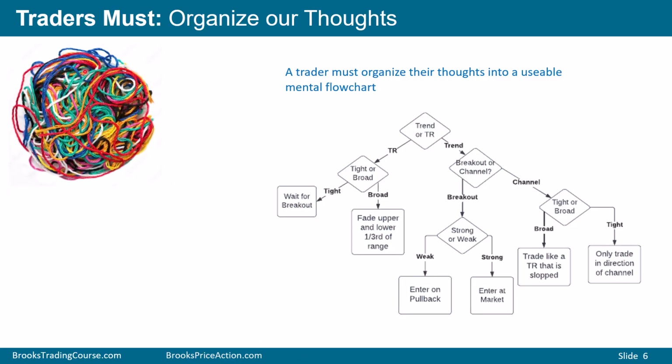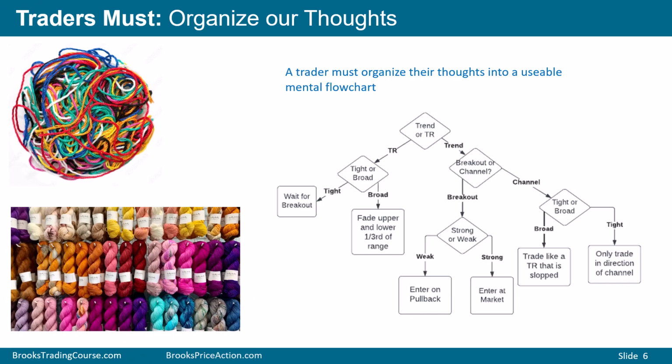And again, here is that example of that yard of string. By forming a decision tree in our minds and thinking of a very top-down analysis on how to trade, we can change our trading from this yarn of string into this nicely colorful example of bits and pieces of yarn. And this represents a trader's organization of their thoughts in a way that'll keep them profitable and thinking about the markets in the right way. This is an example that someone sent me sometime last year about their thoughts of trading.